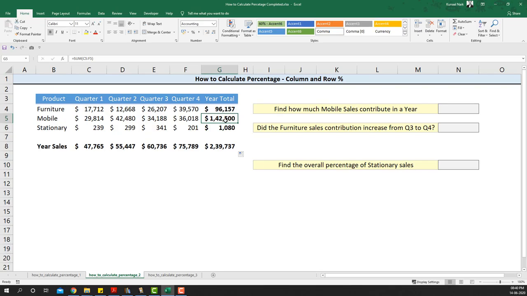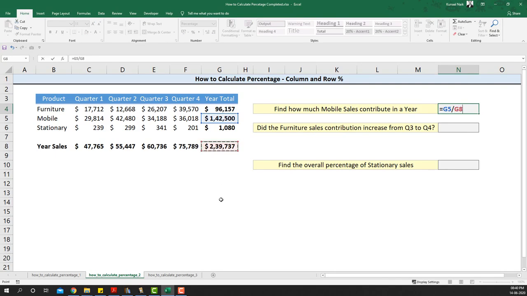Mobile's sales for the entire year were 142,500. If I take that as a proportion of the entire sales done in a year, I'll get that percentage. So I take this mobile sales in a year and divide it by the total sales, and I get the percentage of how much mobile contributed in an entire year. That will be roughly around 60%.